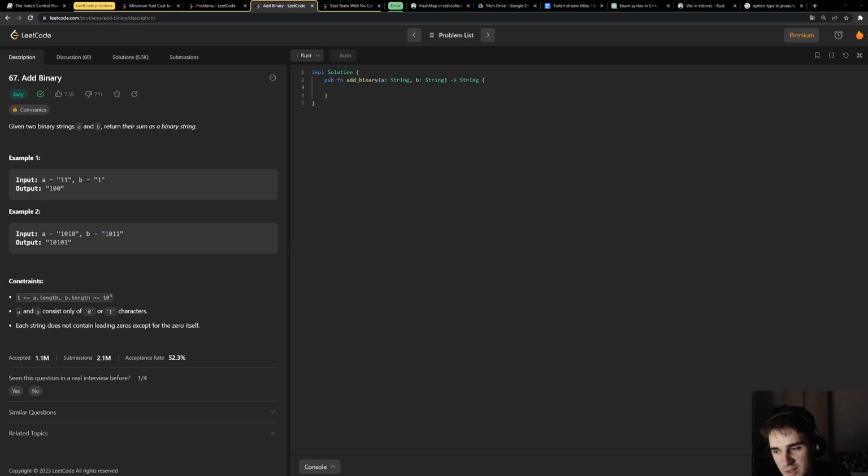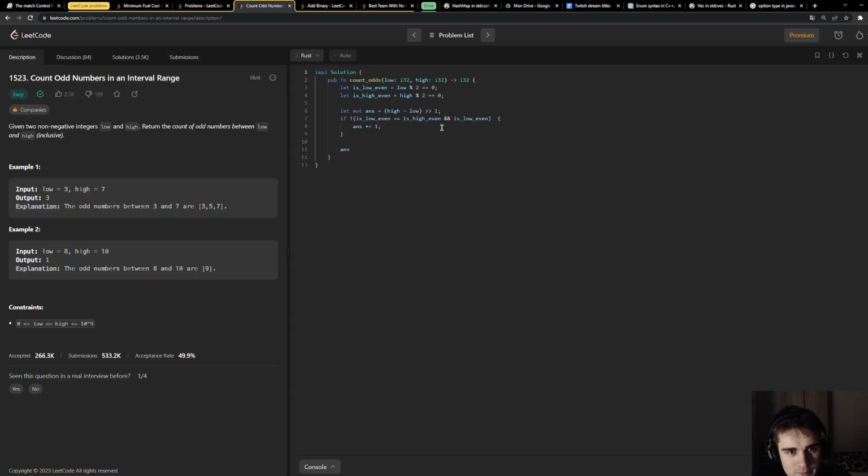Interesting. Let me take it and try to understand it. High minus low plus 1 plus low and 1, and we shift by 1. I see.